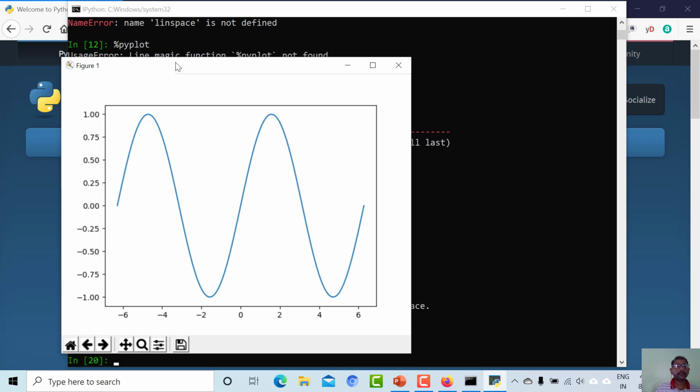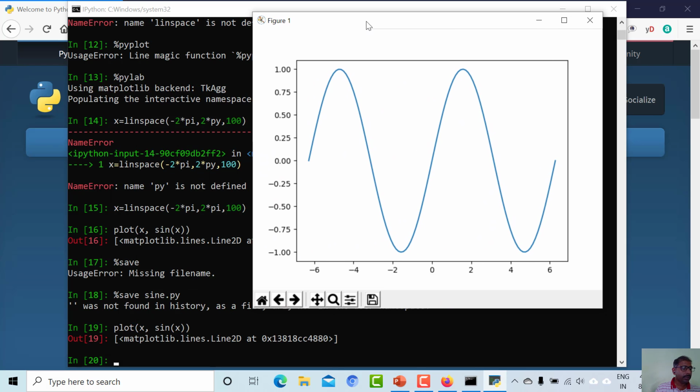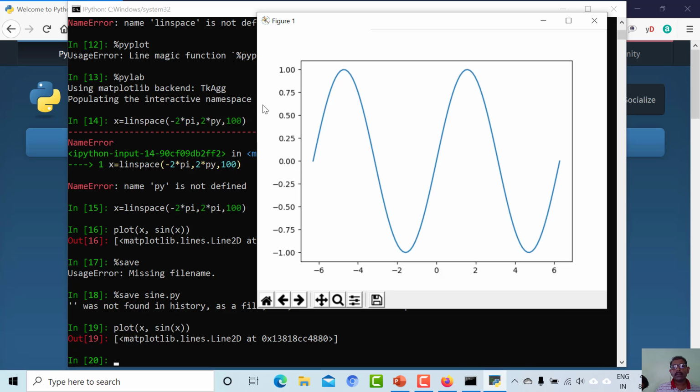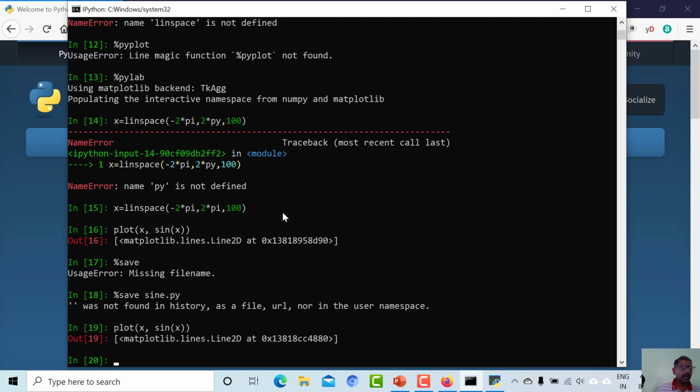In this sine curve, I want to label the axes. Here it is not clear which variable is on the x-axis and which variable is on the y-axis. So I have to label it here. So for this there is a label command. So xlabel. The xlabel command is here, and we write here r, and inside